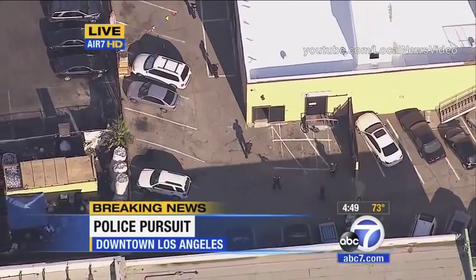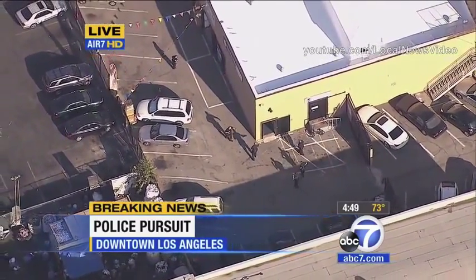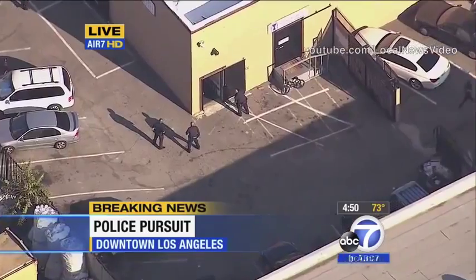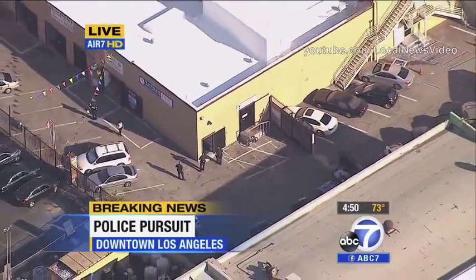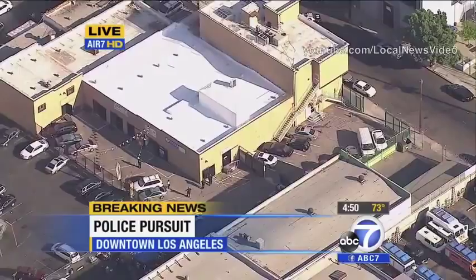Grand theft auto suspect and a number of other people in that Honda Civic. We saw when the car came to a stop. Driver got out, made a run for it, ran into this company. We're not sure what this is, but it is surrounded by LAPD officers on all sides. LAPD officers inside as well. And we're going to keep it a little bit wide here to see if anybody comes out on any of those entrances or exits. And the car that stopped just a couple of blocks away, those people will be apprehended